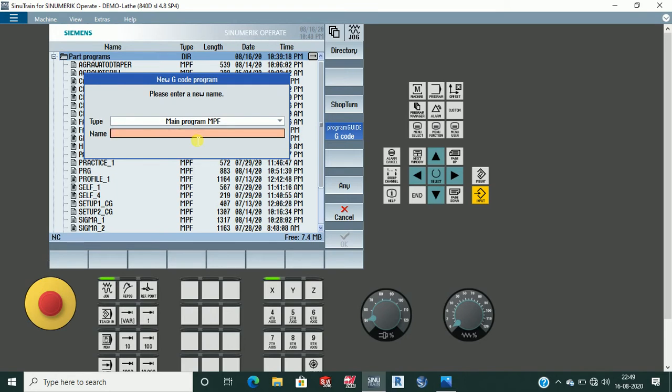As we want to make a turning program, we'll write Turning 1. Then click input.